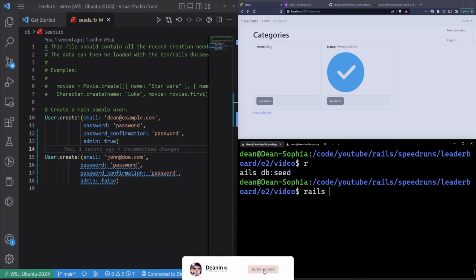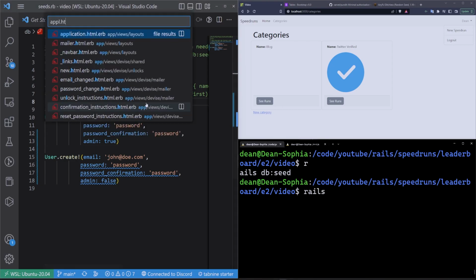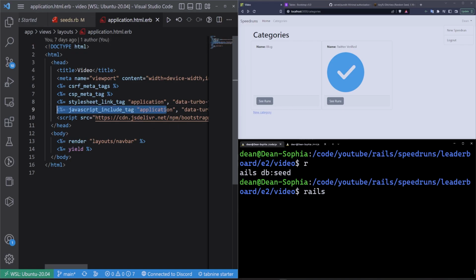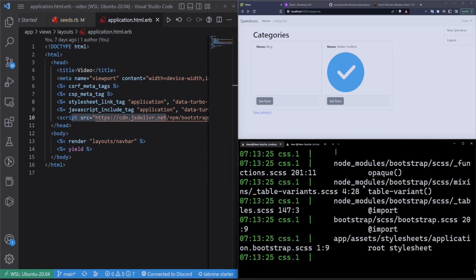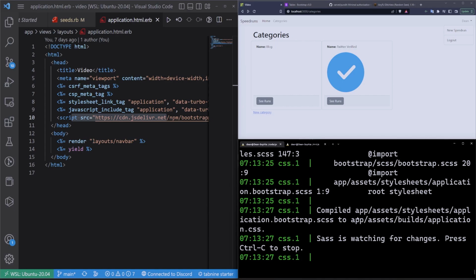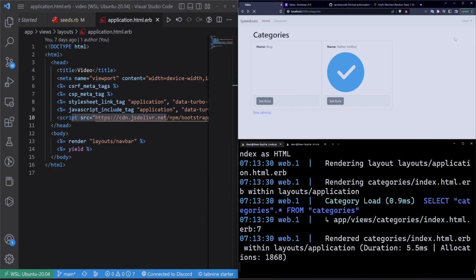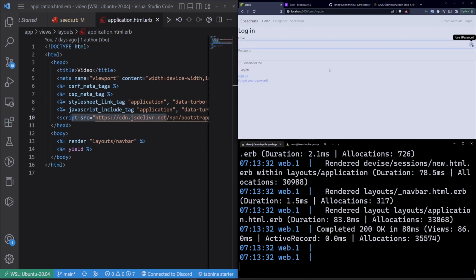Rails s, or no, actually we made this mistake last time. So with rails s, our bootstrap dropdown wasn't working, so we had to come into our application.html and add in the source for the cdn.js deliver. But this time we're going to run this properly with bin/dev, because we set up the application with bootstrap and esbuild. Now, if we run it this way and we try to click on our stuff in the top right, let me do